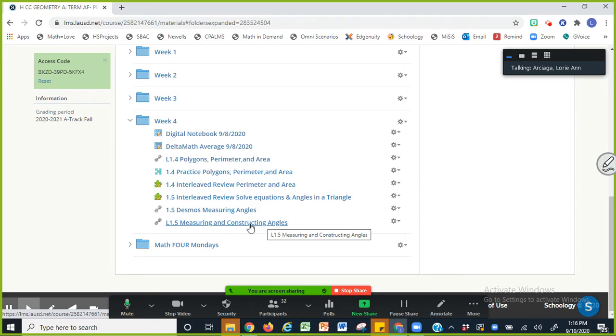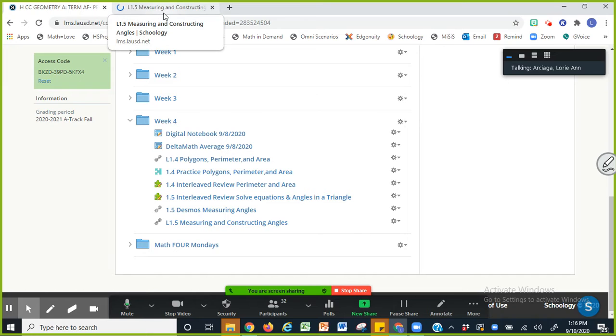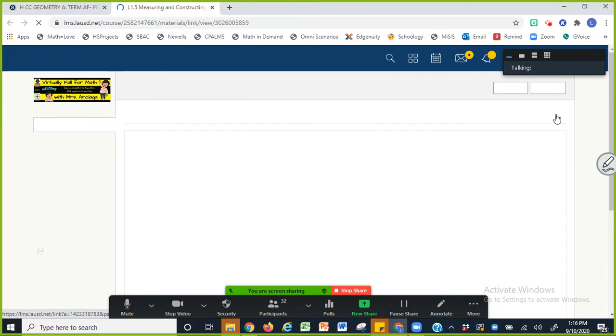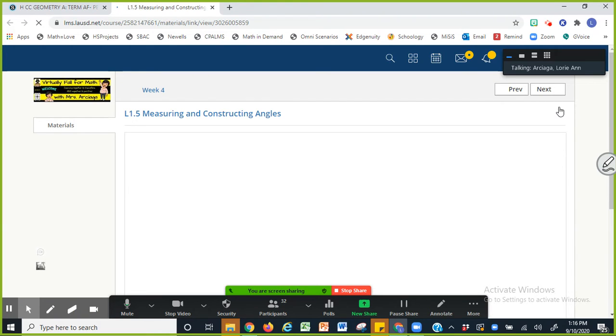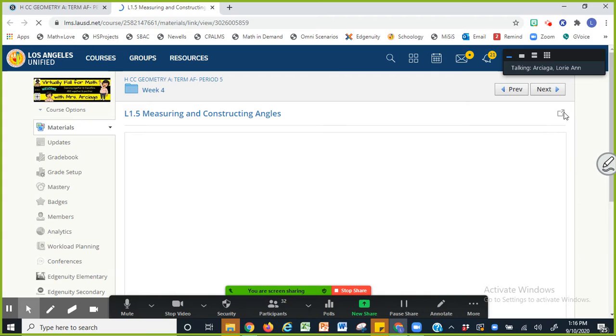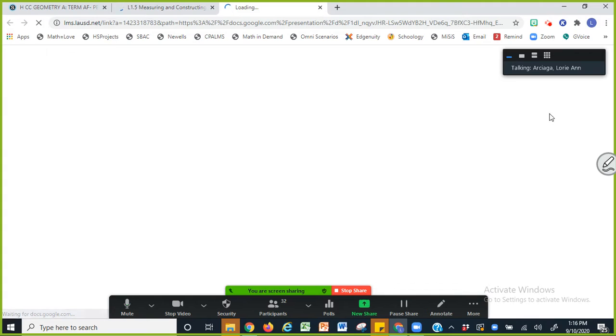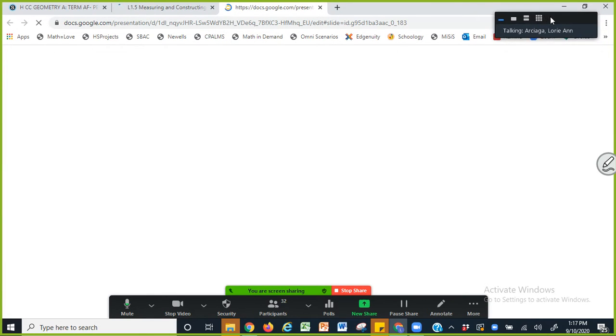Okay, so now let's move on to our lesson today. The lesson 1.5, measuring and constructing angles. One of the very first things that we will do, one of the five things we will do today, is to talk about the measurement of angles. The first or second slides are pretty much just reviews of what you learned in middle school. So we're just going to define them